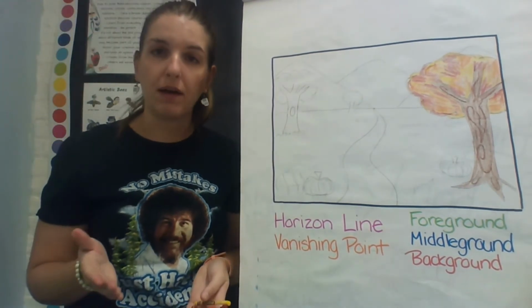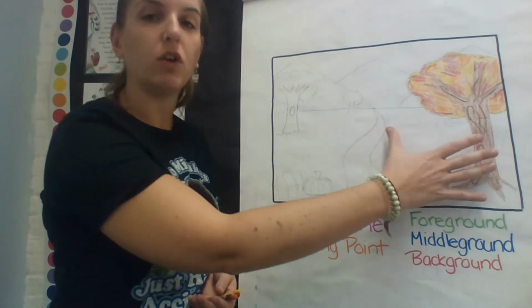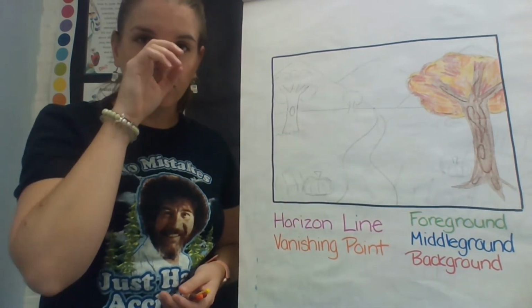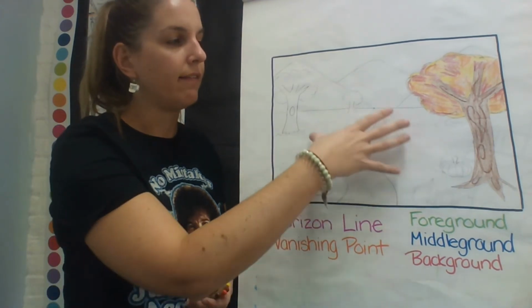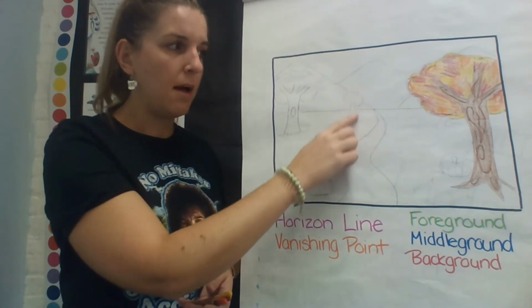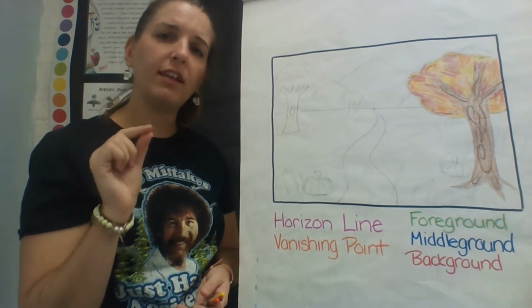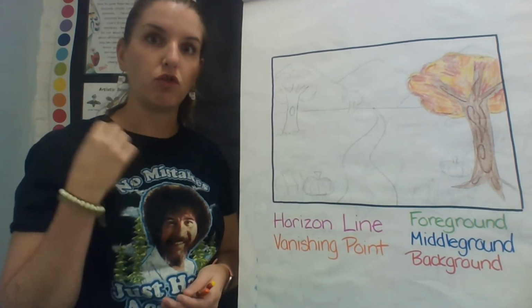Something else to note about the way that you color landscapes is that a lot of the times the objects that are closer to you are a lot brighter and darker in their color. They're a lot more bold, whereas as things get further away from you, they can be a little bit lighter. So I may actually color my background tree just a little bit lighter, or I might come back in here and press a little bit harder with my colors to really make it pop,